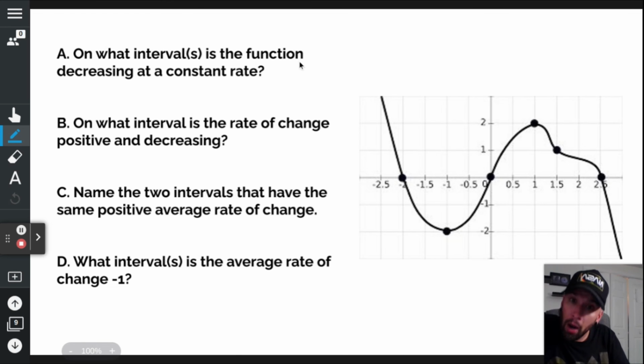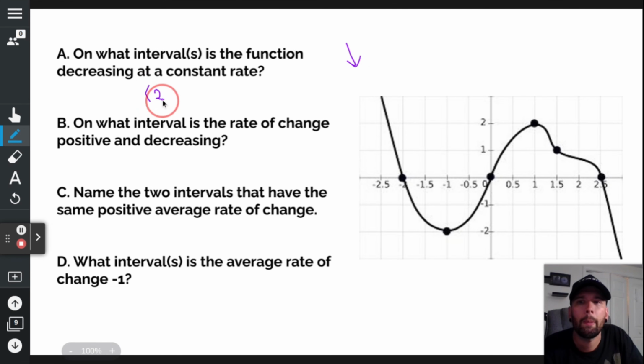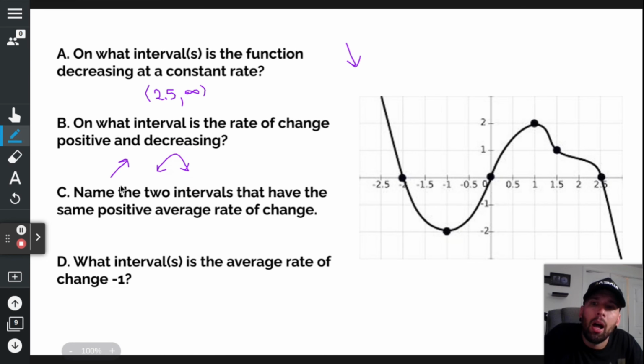The function is decreasing, not the rate of change. So if the function is decreasing at a constant rate, constant implies straight line. That's happening from 2.5 to positive infinity. On what interval is the rate of change positive and decreasing? Rate of change is positive, and decreasing implies it's increasing, and it's also concave down, which gives you the left